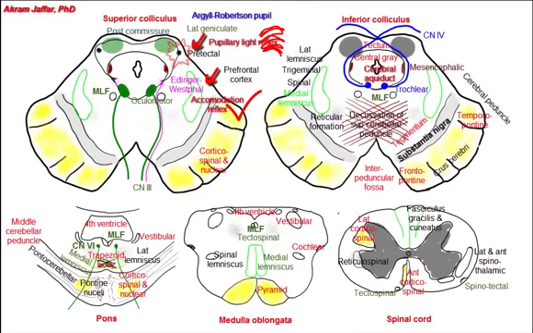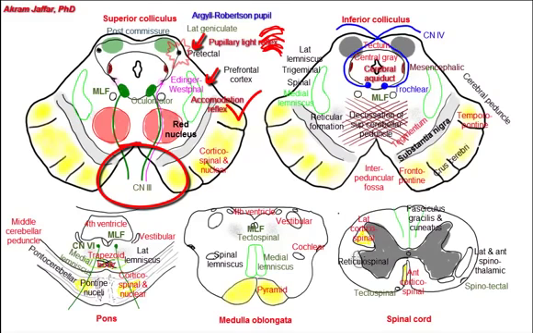The fibers of the motor nucleus of the oculomotor pass anteriorly through the red nucleus. This is the site of the red nucleus. It is a characteristic feature of a section at the superior colliculus. The oculomotor nerve passes through the red nucleus and emerges on the medial side of the crus cerebri